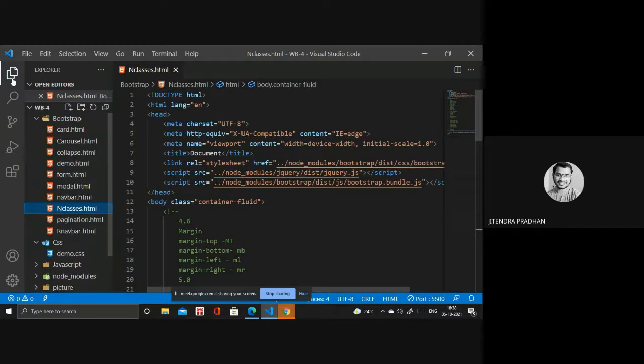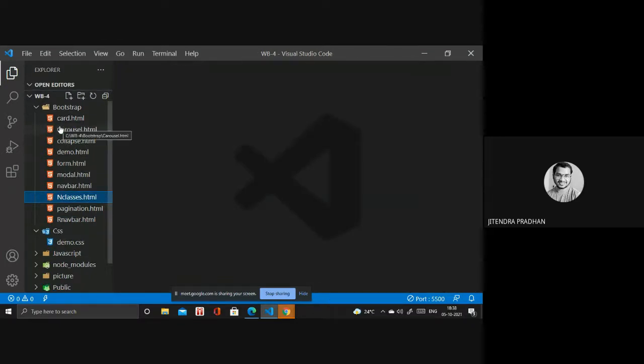So let's start. We have already designed the carousel, collapse, and all these things. We need to copy them and place them inside. We are designing those separately. Today we are designing a restaurant page, where you have to order any particular item you need. We are giving a static page because we don't have any server-side programming. If you want something like a form application, you have to add that separately. Okay, so let's start.